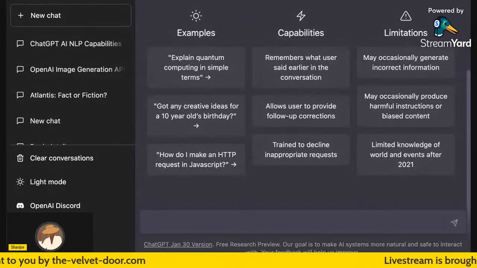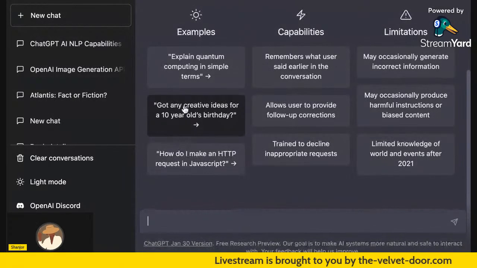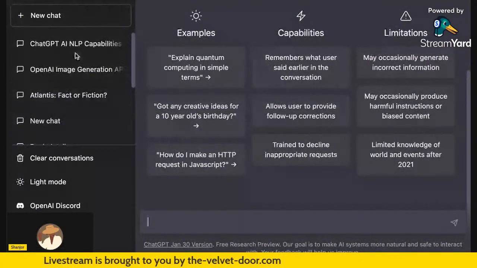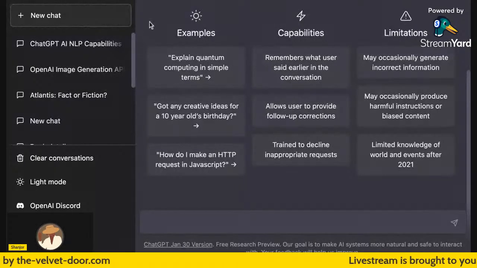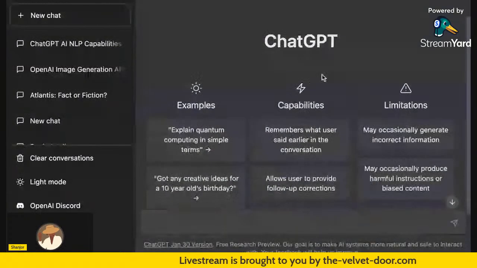So we're right here. This is what it looks like. This is exactly what's going to pop up. As you see over here, I already have some conversations between me and AI. I have multiple conversations going on right here. Each of these, I can just press new chat. When I press new chat, it's going to bring up a new window like this. This is what it looks like when you have a blank window. It starts up like this.